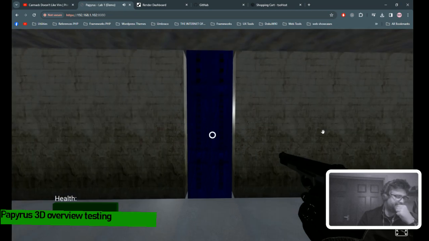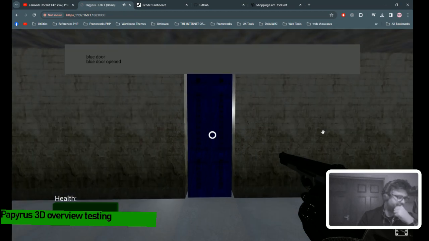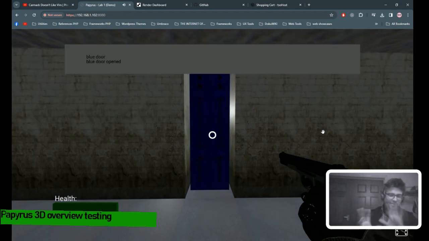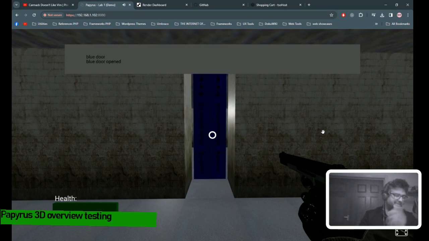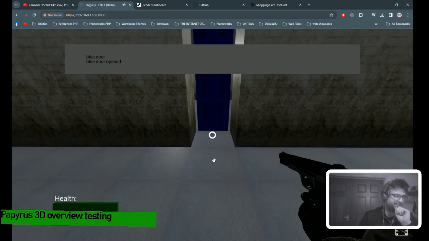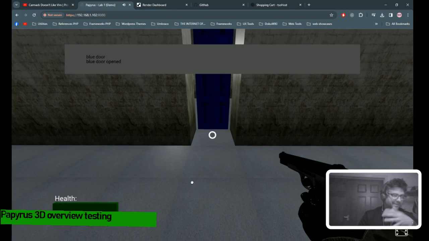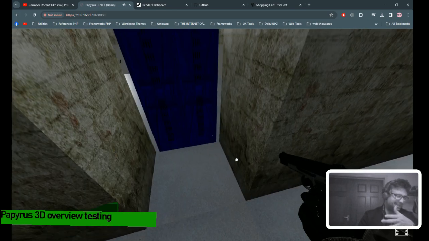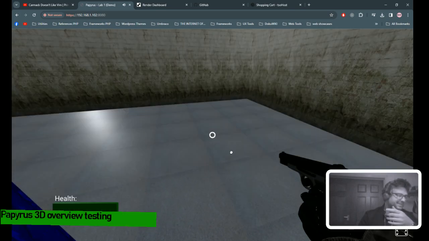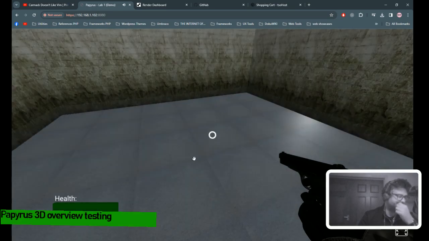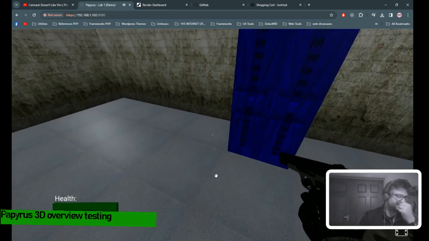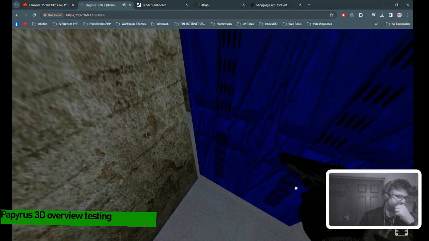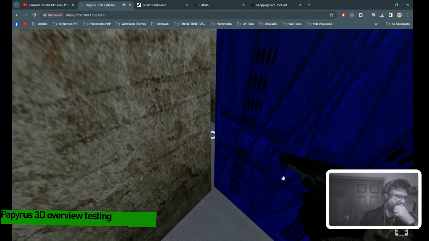And I'm going to open this door. It should open. Yeah, the door animations are a bit off though. The way I've programmed it's a bit wrong, because as you can see, I programmed it when I was working on it to go in one direction, which is not going to work. You can sort of cheat it by just jumping through, but it gives you an idea of how it's shaping up, I suppose.